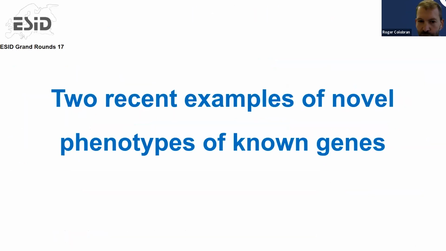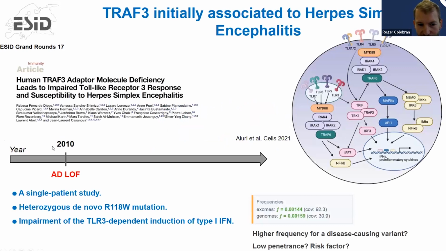And I will show you now two recent examples of novel phenotypes of known genes that in our laboratory allowed the diagnosis of some patients that remained undiagnosed until that time. The first example is TRAF3. TRAF3 was originally described in 2010 as causing herpes simplex encephalitis, concordant with the role of TRAF3 in the signaling